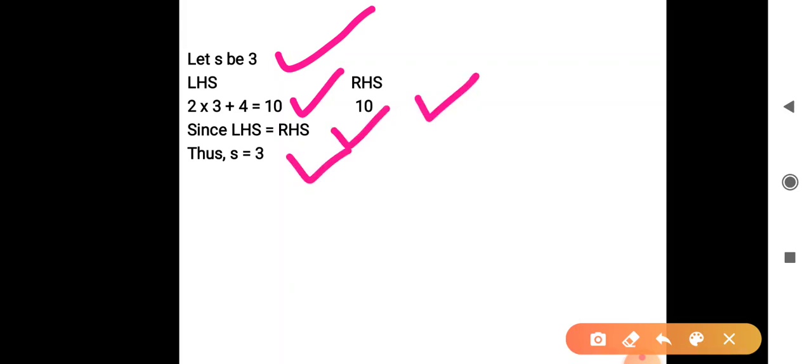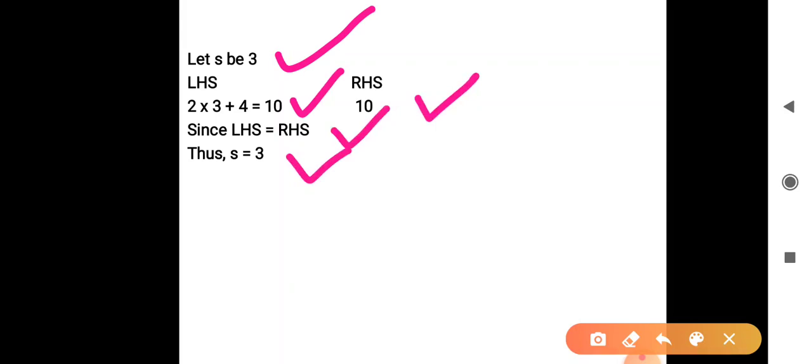It can be 0 as well. Just try it out. Anyway, you will not be getting anything. Left hand side will not be equal to right hand side. Yes, so you can stop it there. Or if you have got the answer at the first place, just keep your sum up till there. You can stop it and then just complete it by writing a concluding statement, which is thus the variable, any variable, it can be s, x, y, anything, equal to whatever value you will be getting. So this is hit and trial method.